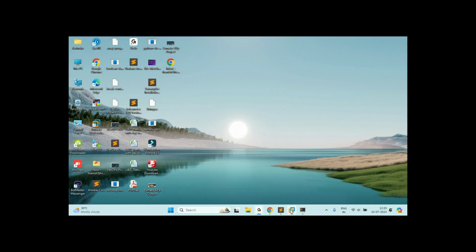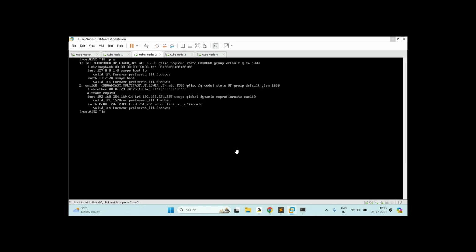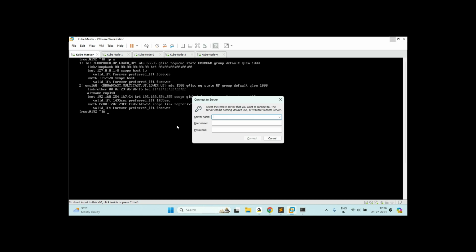Okay, guys. Now we are going to configure Kubernetes on premises. I have chosen one plus four: one is the master machine and four are node machines. In total I have taken five machines, so five servers. But guys, keep in mind you should have at least a minimum of 2 GB RAM and at least two processors